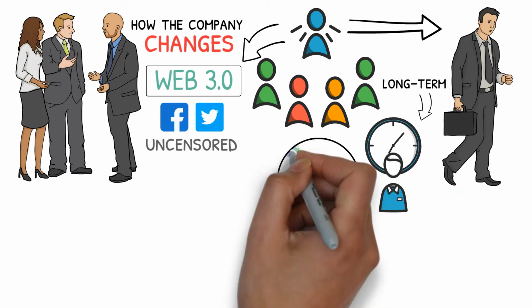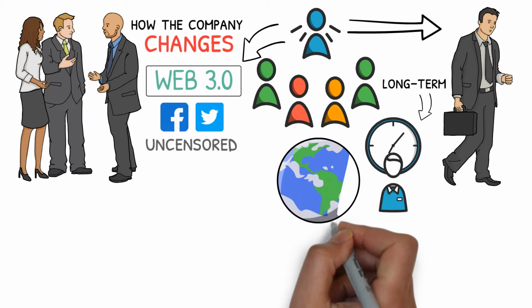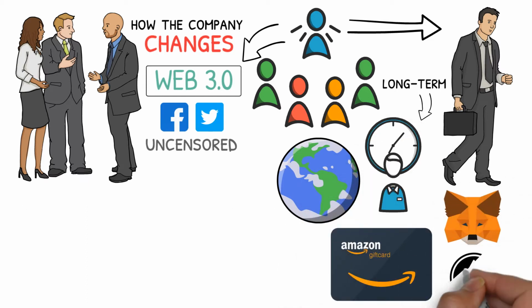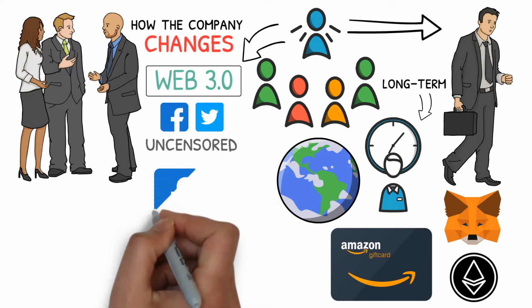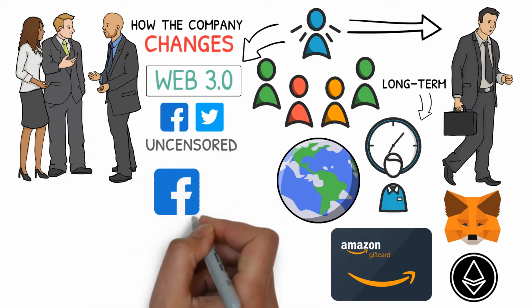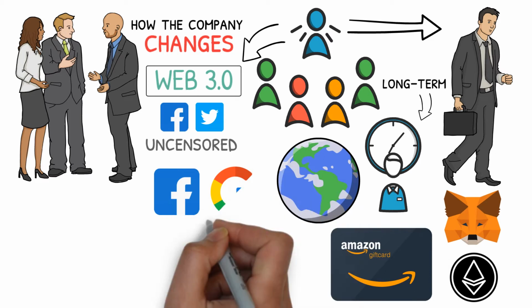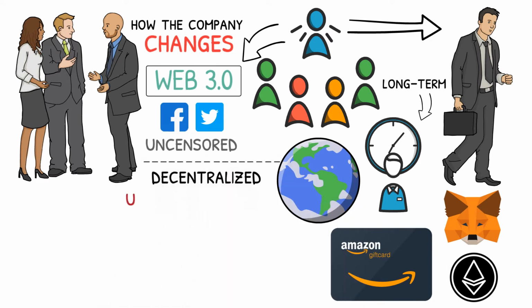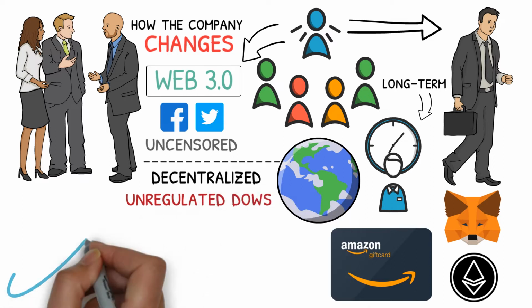These may be long-term thoughts from folks who think about Web 3.0, but what Web 3.0 really implies for us is that in the next decade, you might be able to buy Amazon gift cards using MetaMask and pay with Ethereum, or anonymously like one of your friend's posts using one of your hidden wallets. It's not going to be a slew of life-altering events all at once. It'll certainly be a sequence of ideas that evolve together until centralized corporations like Facebook and Google are dismantled by legislators and replaced by decentralized, unregulated DAOs.